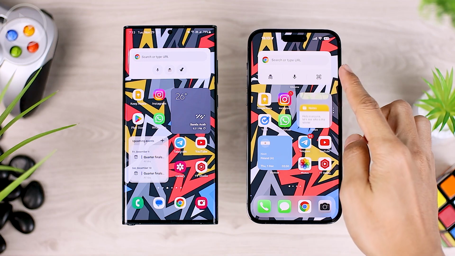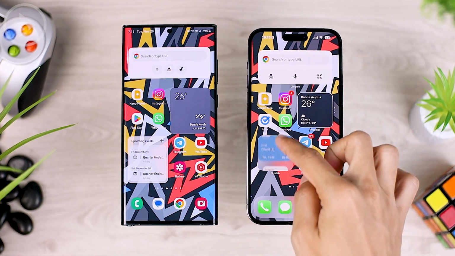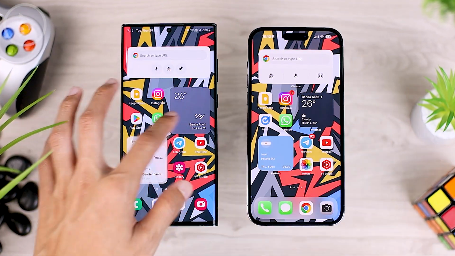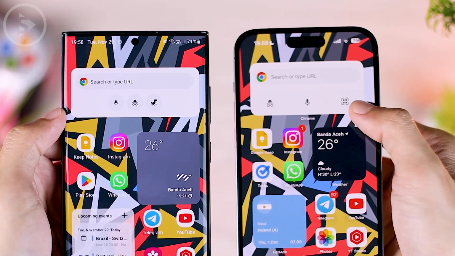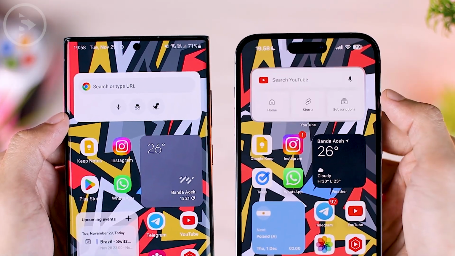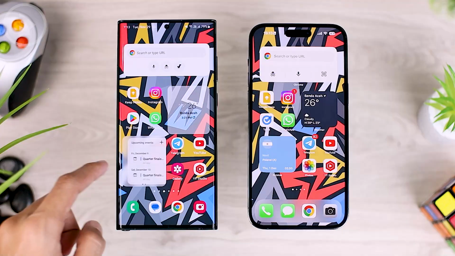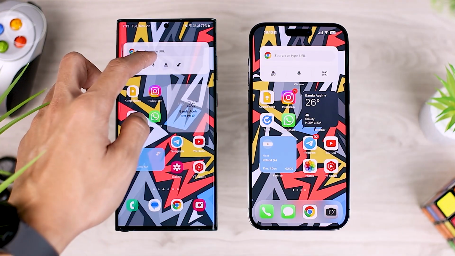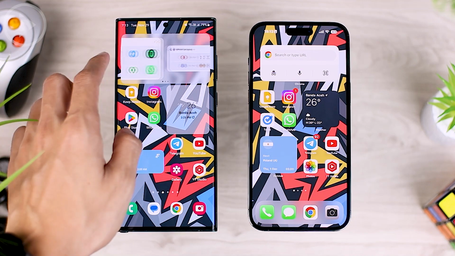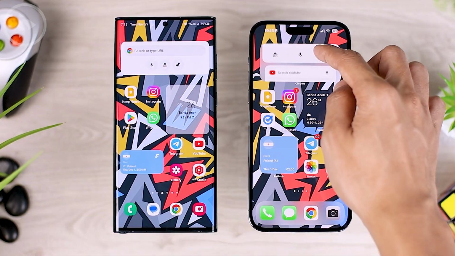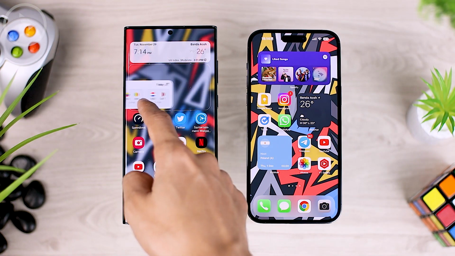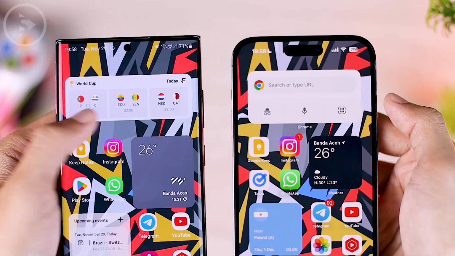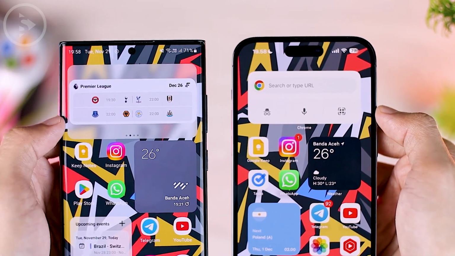Then for widgets on the lock screen, now in the latest One UI, the stack widget feature has also been improved. The feature actually has been added from the previous One UI 4.1. But it was still not possible to create widgets directly by doing drag and drop directly on the widget. And now in the latest Samsung One UI, it already supports adding stack widgets directly. And you can directly drag widgets that have the same size on top of another. And a regular widget will immediately turn into a stack widget.